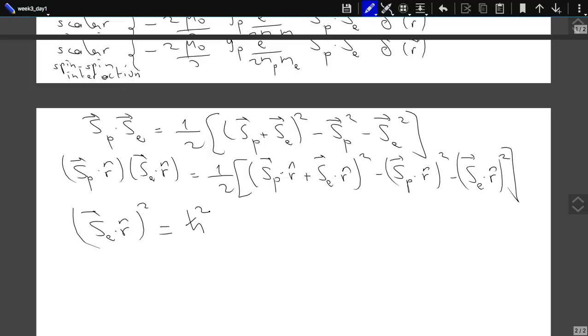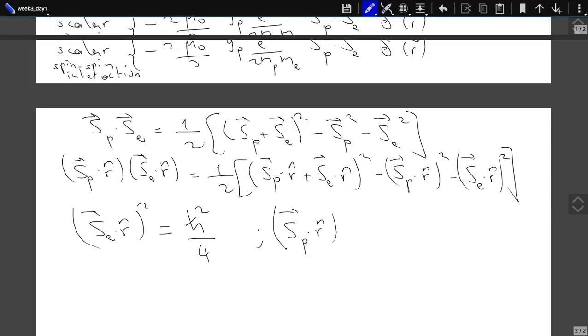So what are the possible values? No, there's no zero. For the electron, it's either plus h bar over 2 or minus h bar over 2. So those are the two possible values of Se dot r hat, the eigenvalues. Well, the square of both of them is h bar squared over 4. So Se dot r hat squared, acting on my states with a single electron, is always h bar squared over 4. And similarly for Sp dot r hat,